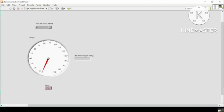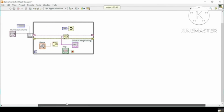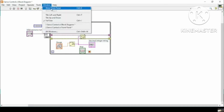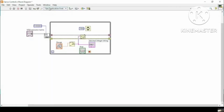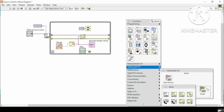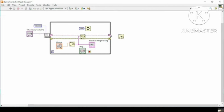So right now here is my LabVIEW code which I am using, which is quite simple. Here I have used this VISA resource name, and the VISA Write function, and this is the decimal places at which it will be shown. Right now, here I am missing something. As I am using serial, I should also close it and connect it with these strings. All right, so now